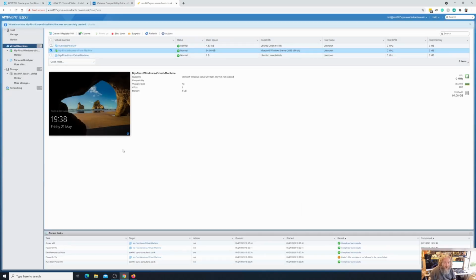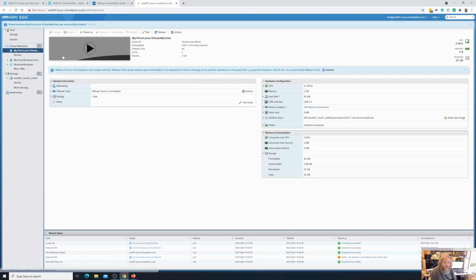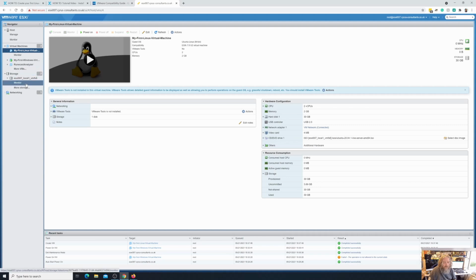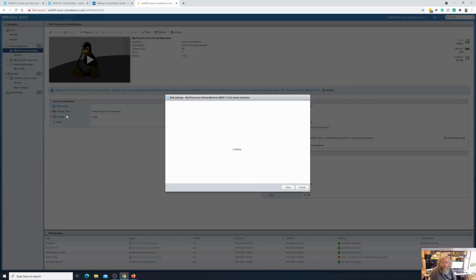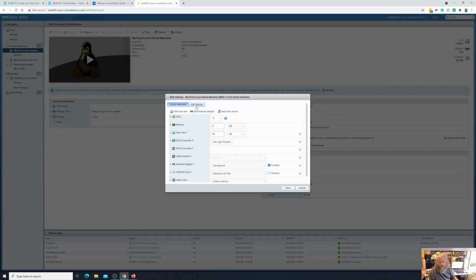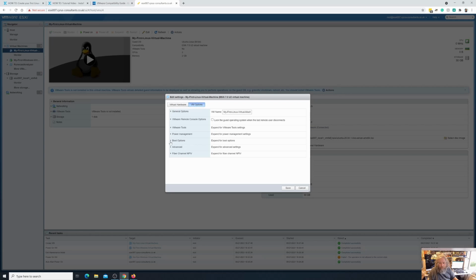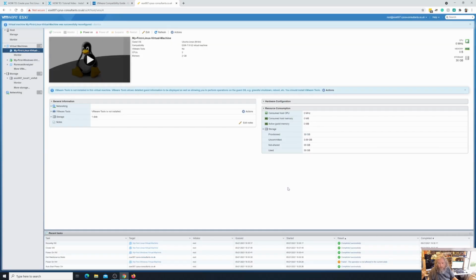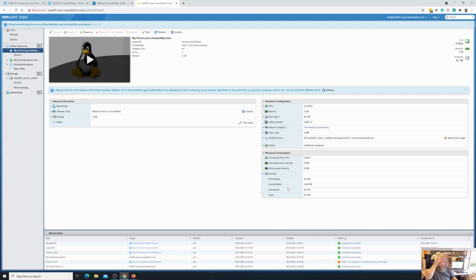One of the other things I'm going to do, that's our Linux version there, I'm going to edit the settings, because I want to change the boot options from BIOS to EFI or UEFI. You may notice it did say that it may not be bootable. I actually know that the media I've got is UEFI compliant, and I'm going to hit the power on button,